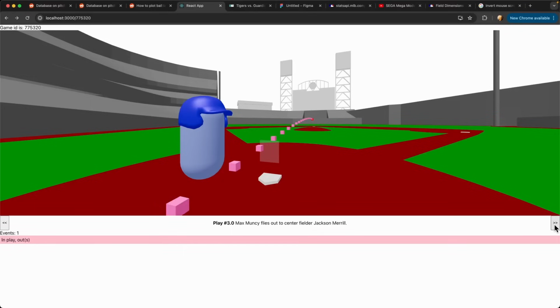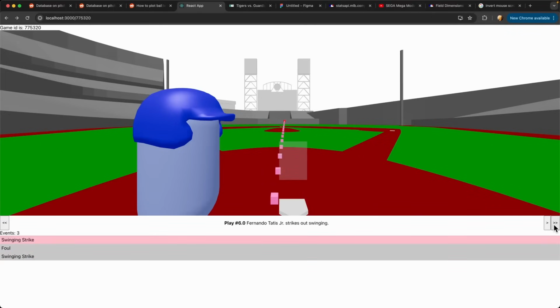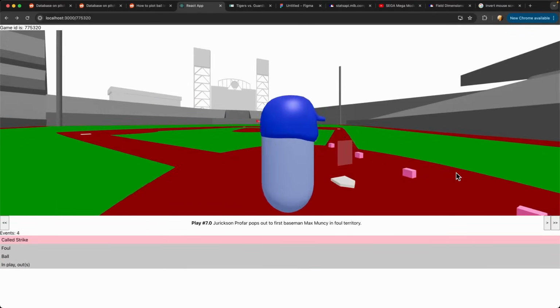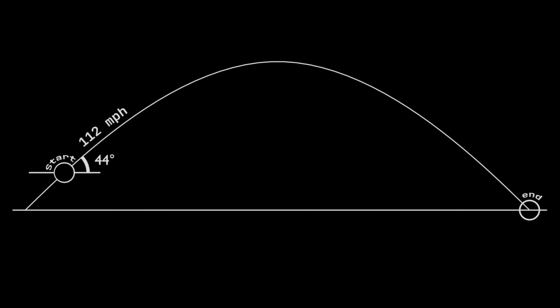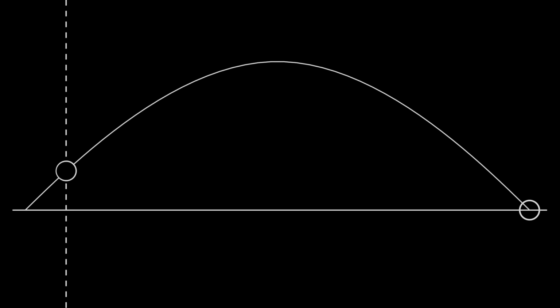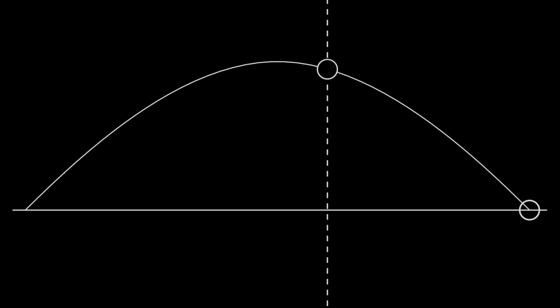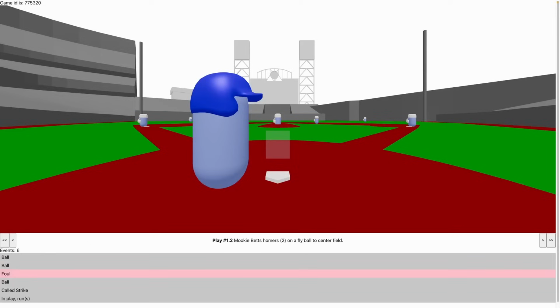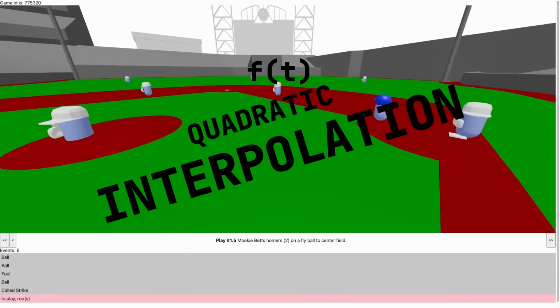trajectory. Alright, now that we've got the pitch plotted out in 3D space, we need to plot out the ball's trajectory off the bat. We don't have anything like average acceleration for this one, but we do have the ball's starting location, its landing location, its launch speed, and its launch angle. Now, if we just ignore any kind of aerodynamic forces, we can assume a perfectly symmetrical parabolic shape. And if we want to plot the position of the ball at time t, we can just use quadratic interpolation, and that works because,